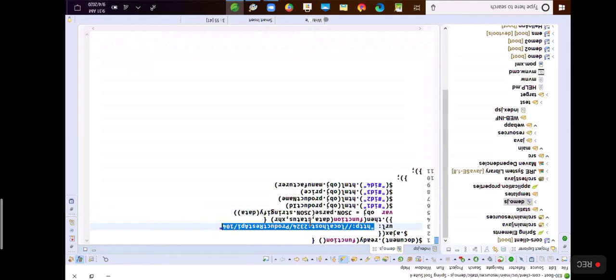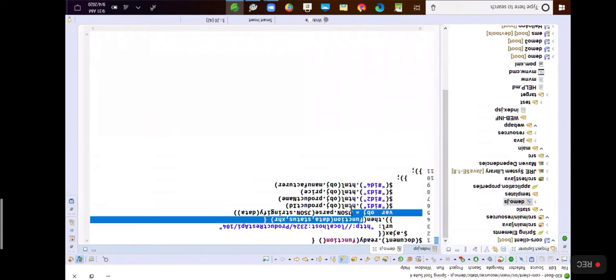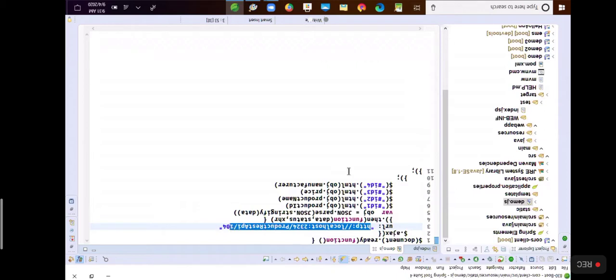And once it makes a request to the URL, and when the Ajax receives a response from this URL, then I would like to call this callback function. This function is a callback function executed after getting the response from this URL. After getting the data from the URL, this function will execute.